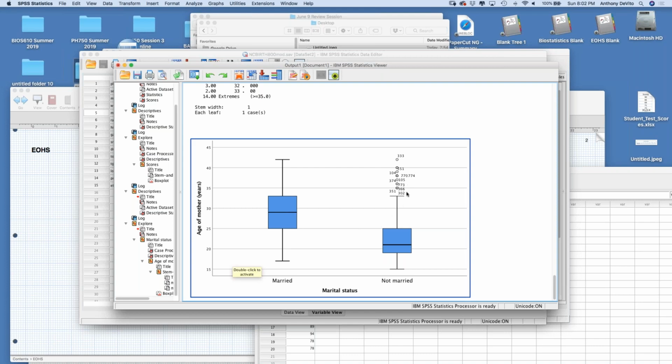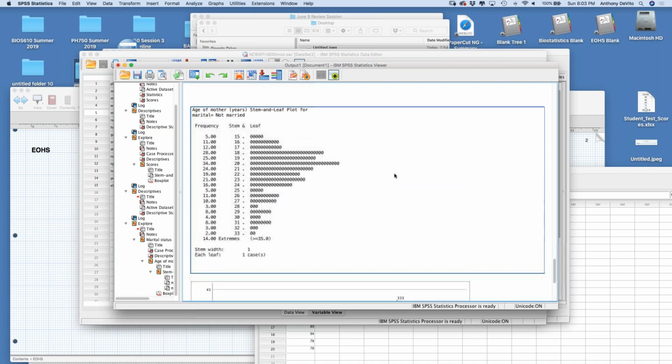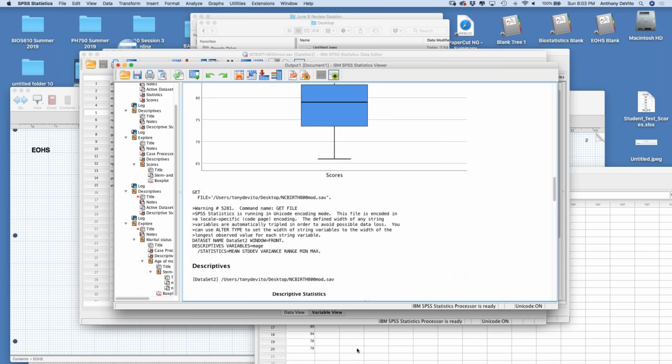Look at the variability here as well. Now look also that the variability for unmarried women is pretty dramatic as well. But the unmarried women tend to be clustered younger, but then we have a lot of outliers, a lot of values that are much different than the median value that we have here. And SPSS kind of highlighted them as outliers. It's up to us to decide whether or not they're really outliers or not, but it kind of highlighted them. And the numbers refer to which subject that was in the